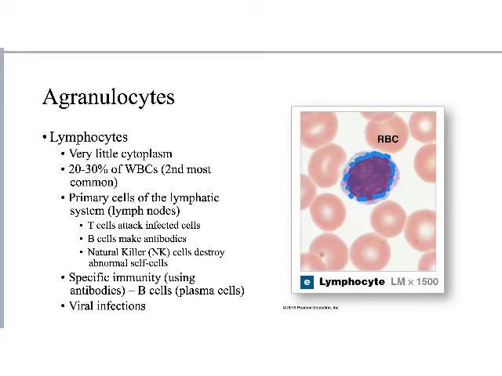Because they are producing extra lymphocytes in order to help fight your infection. So there are three different types of lymphocytes, and I want you to learn these three names because they're going to come up again when we do immunology and physiology. So there are T cells, T lymphocytes, and T lymphocytes are going to attack cells that are infected, typically with